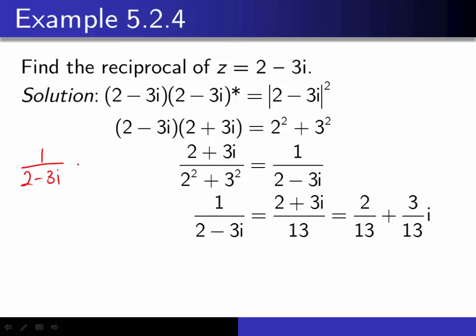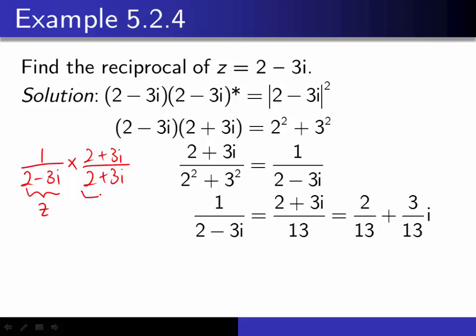What I taught you all was to multiply this so-called fraction by this number, 2 plus 3i over 2 plus 3i. Right? Okay, so now you can actually see that if I treat this as z,